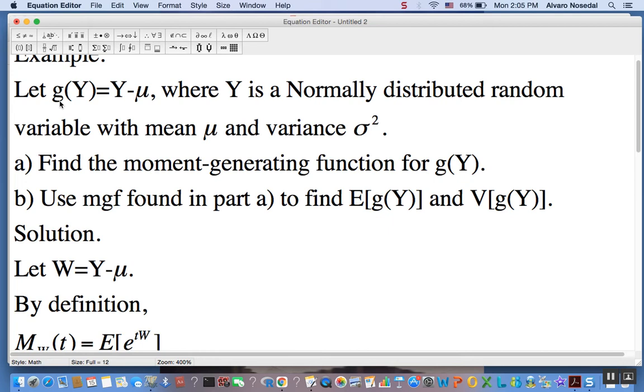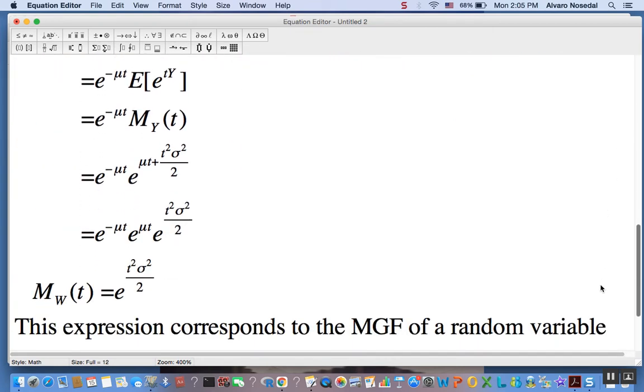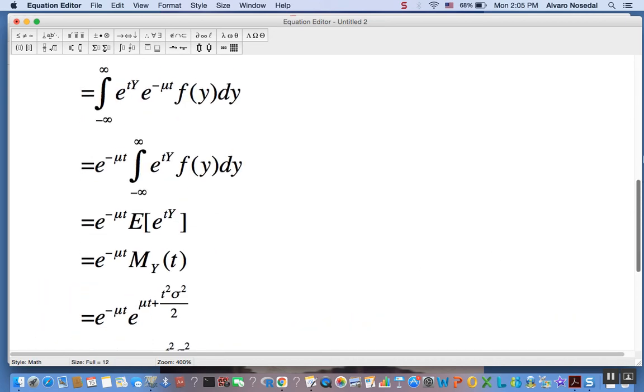Make sense? Like in this case, the MGF of this transformation, g of Y, or of W, happens to be the MGF of another normal. So that means that W has a normal distribution with the parameters dictated by the expression you ended up with in your MGF. Make sense? Okay, now for part B,